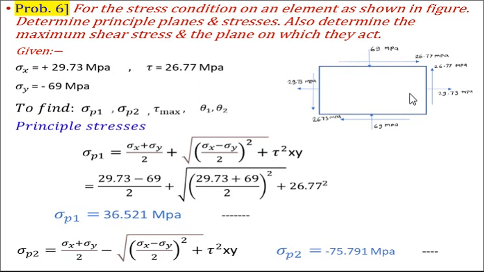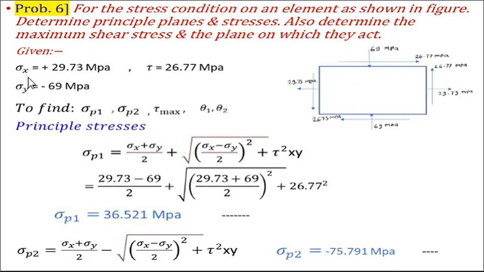The value of the tensile stress acting is given in the figure, and in the y plane or y axis there are compressive stresses acting on the y plane, and along with these stresses there are also shear stresses. The shear stresses are also shown on these particular planes, x and y plane. So as per the given data,